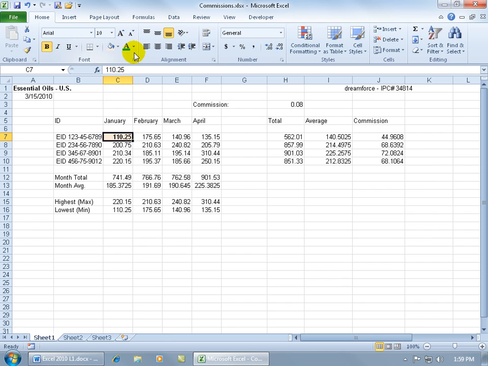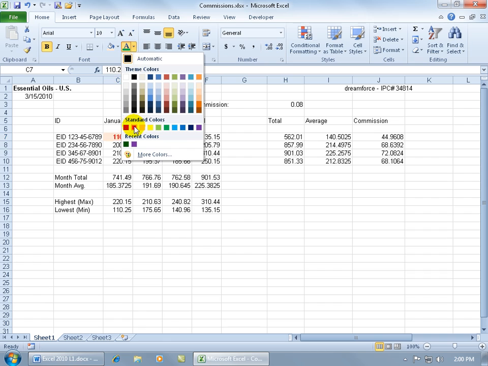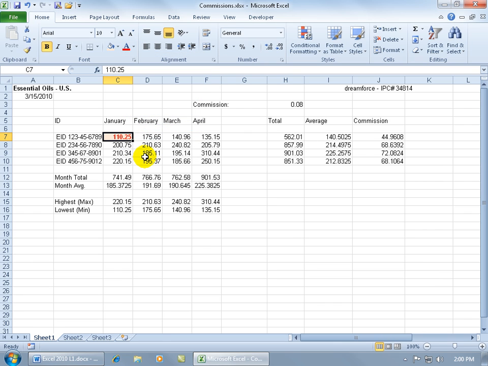You can also change the font color within the cell. Click on the Font Color drop-down arrow. Let's do red. In any case, that's pretty simple when you apply it to one cell, but then later on, if you want to take all the formatting that you applied to one cell and apply it to a bunch of other different cells located throughout your workbook on different worksheets, then you can do it one of a couple of ways. You can either do it the way that we just did it, which is the long way, or if you watch my formatting shortcut training video, I show you how to take one cell and copy the formats therein and apply it to all the other cells, or you can do it a third way,